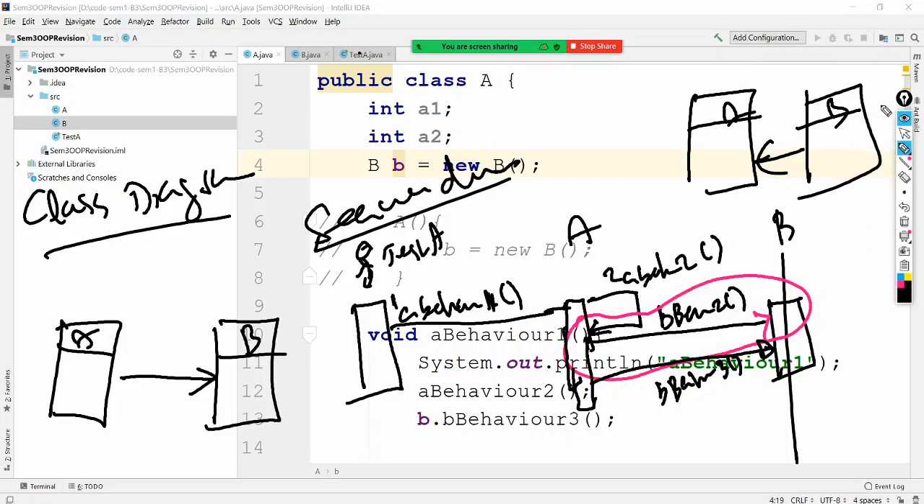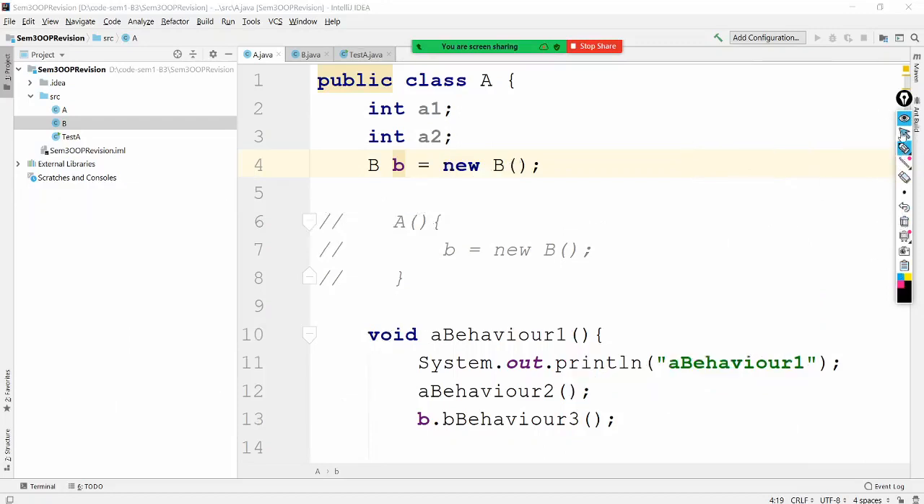Sequence diagram is a very dynamic diagram. I hope you got it. What is meant by message passing? Of course, we are still learning what message passing is. Later we will be learning